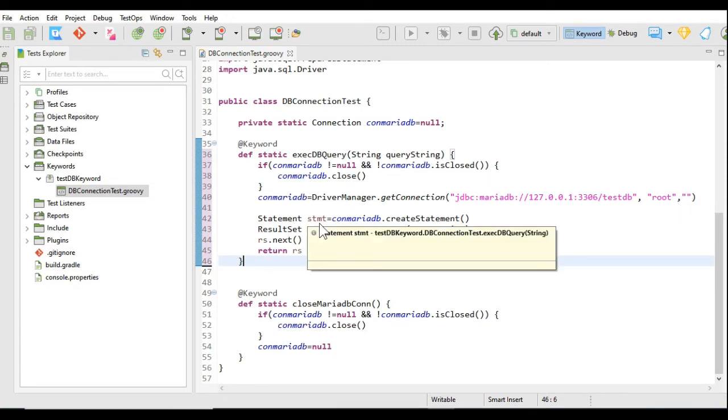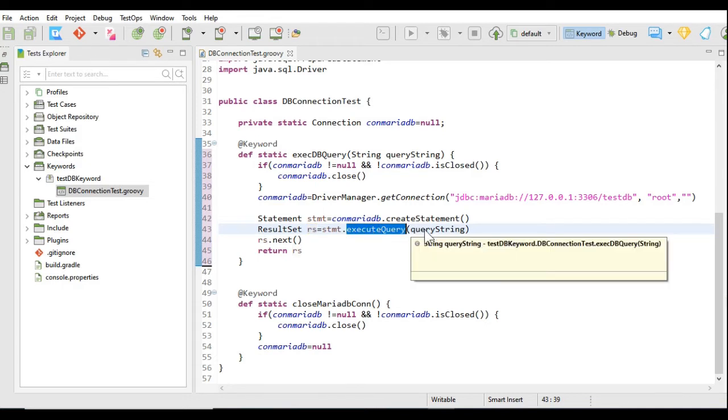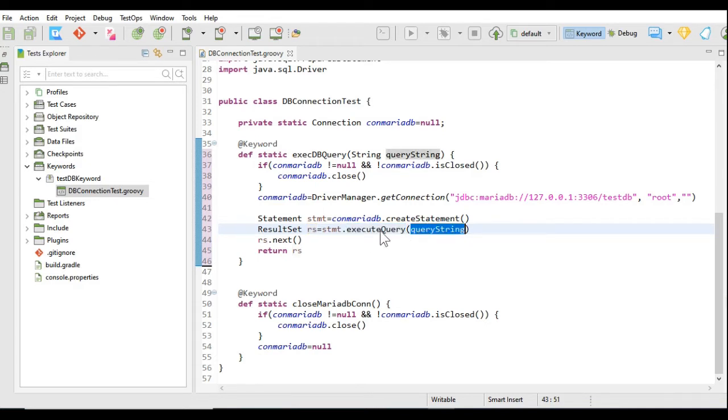Then we will create the statement, and then the result set. We will assign the query string, execute that query, and then it will get assigned to the result set. Then we will give the command rs.next to move to the next row of the result set.